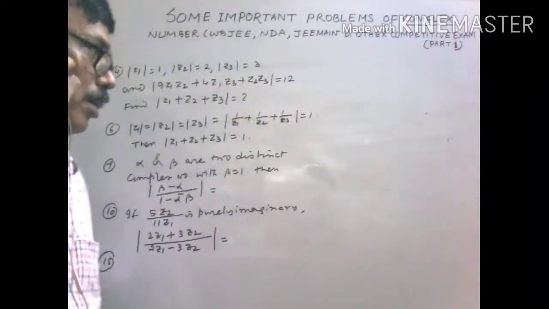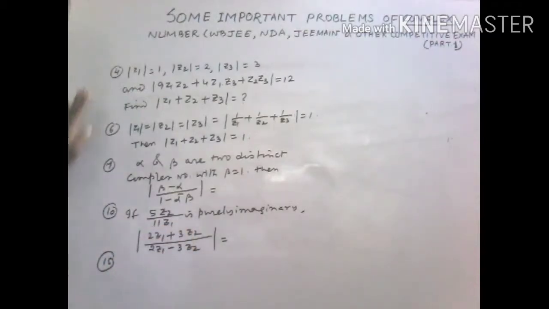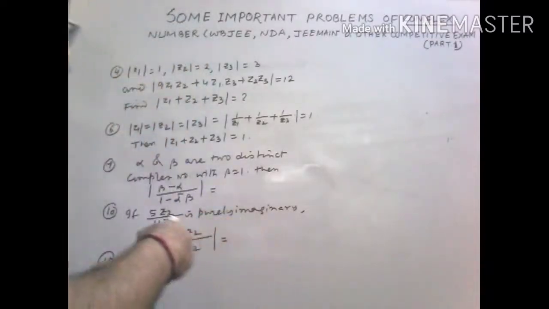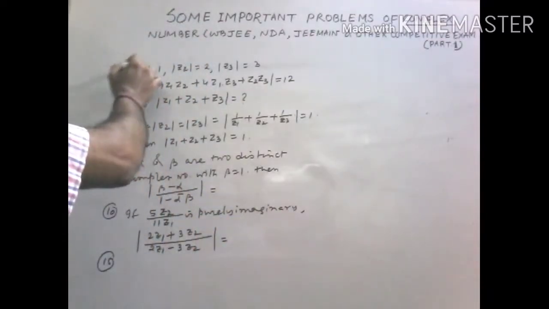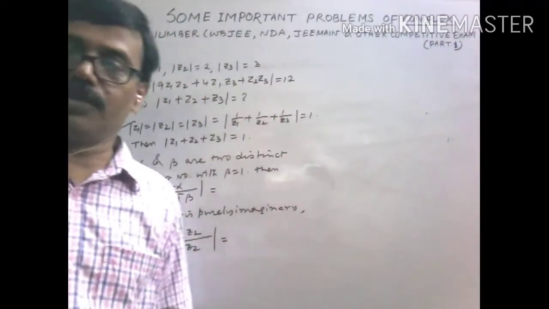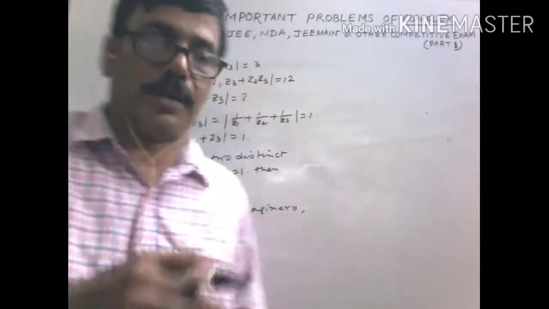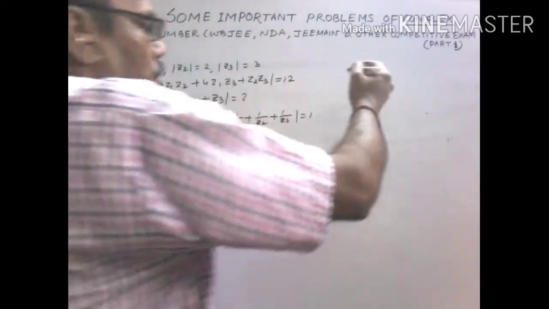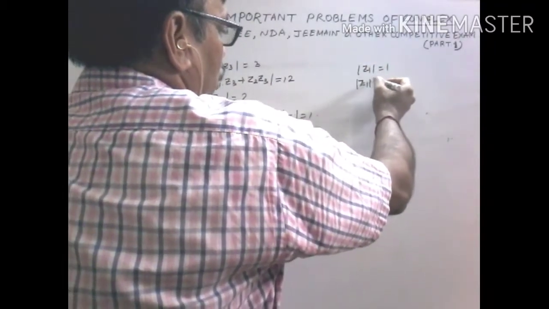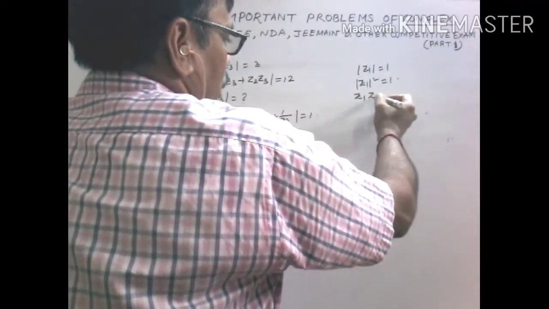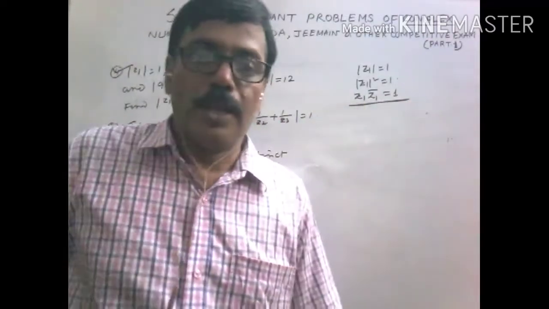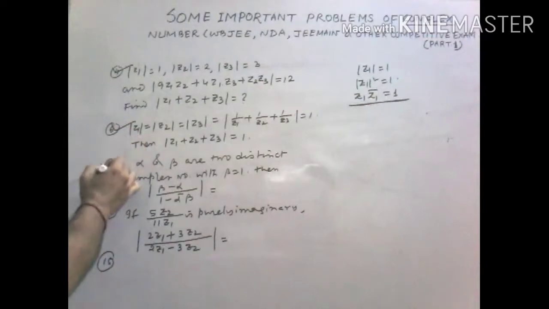Now we discuss some problems taken from the description table. It is already given. So look, problems 4, 6, 7 are all the same type, using properties of conjugate of complex number. I have already discussed the property: if mod z1 equals 1, then we can write mod z1 square equals 1, so z1 square is z1 into z1 bar. This is our working tool for these three problems, 4, 6 and 7.